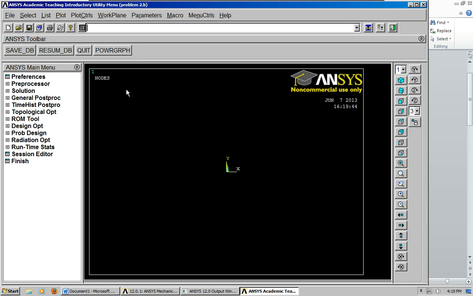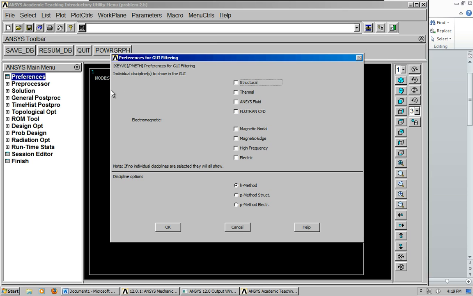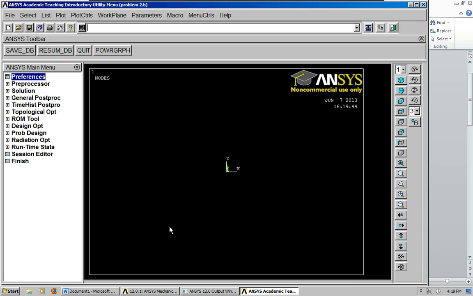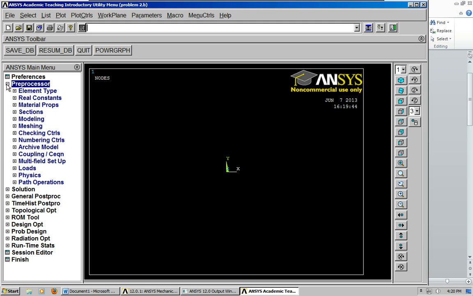Right from the beginning, the first step, of course, is to go through preferences. For our case, we've got a structural problem. I'm going to save it. Now we go into the preprocessor,